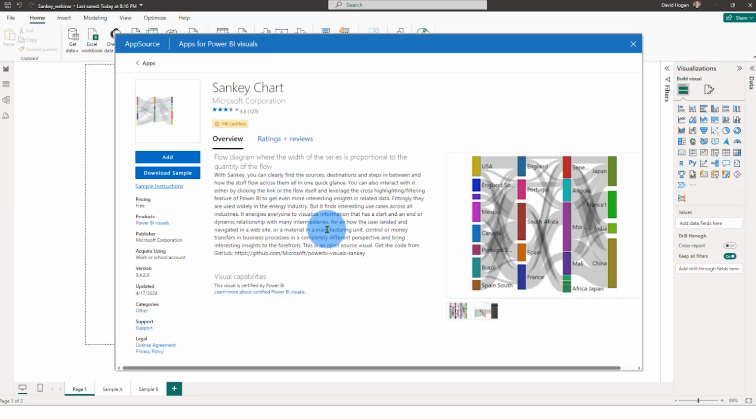Now, all of these pages look very similar. It often gives you a sample of what the custom visualization will look like. It will give you some background information, ratings, and just some overview information. And it will allow you to download a sample visualization just so you can tinker with it and see what